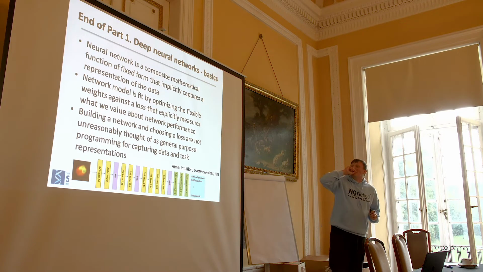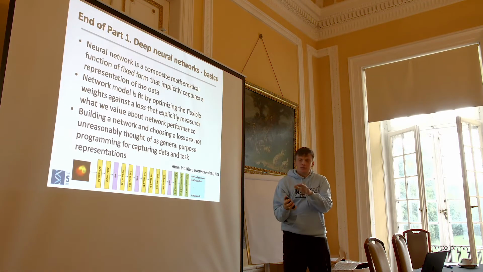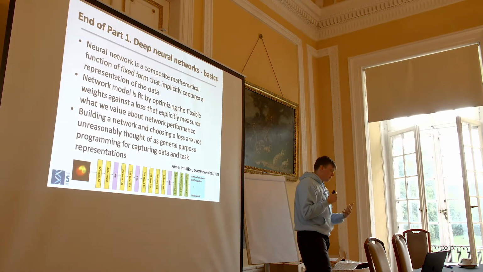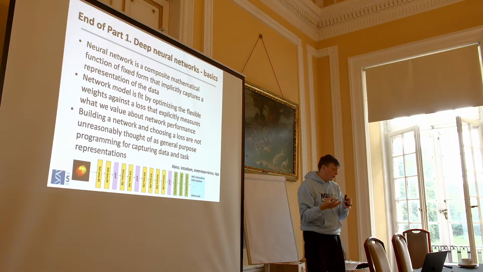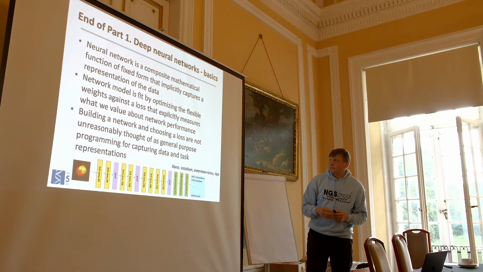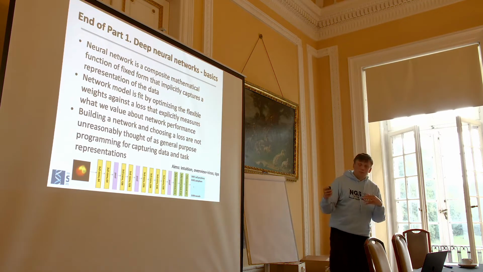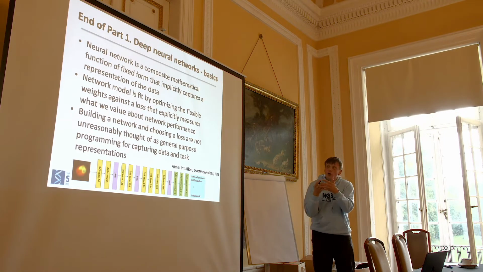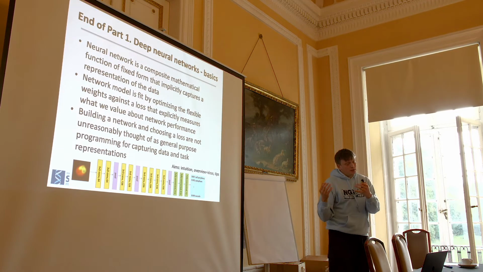The network structure itself is fixed, with flexible parts being the weights, and those weights are optimized against the loss function. That loss function gives you control over the task. It can be quite different from the same data and the same target. How you define the loss determines what your model actually learns, and all kinds of errors it makes. And again, I still want to keep on this drum of general purpose programming as deep learning. It's building a network and choosing the loss. There are ways of programming with data to capture the features that are important in the data, and also the properties about the task that matter.